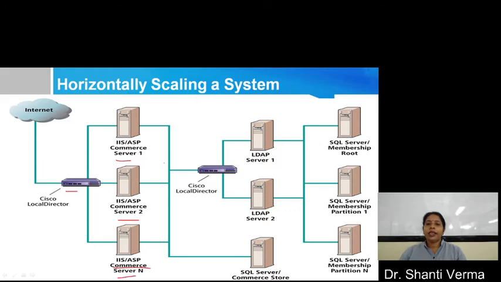Now, for connecting this with the LDAP server or the SQL server, you again need one router, that is a Cisco router. Then connect these IIS servers with LDAP server 1, LDAP server 2, and